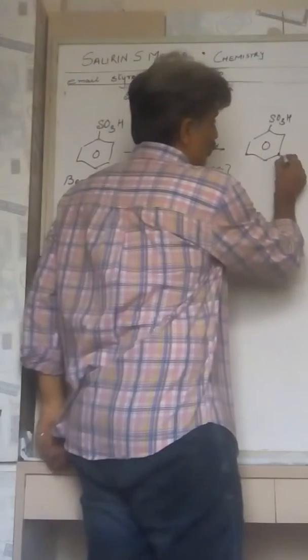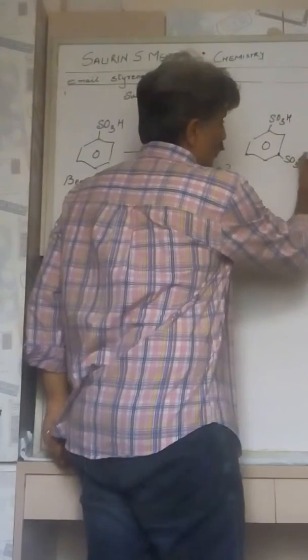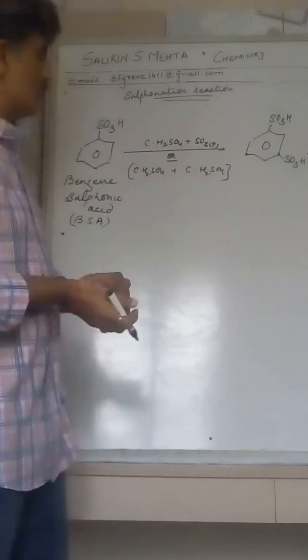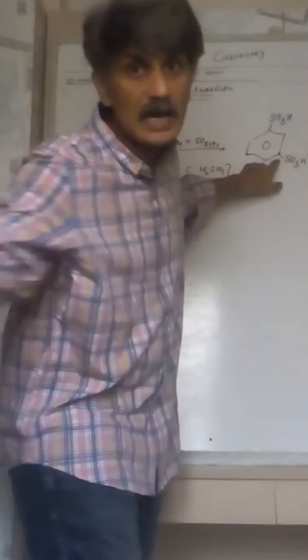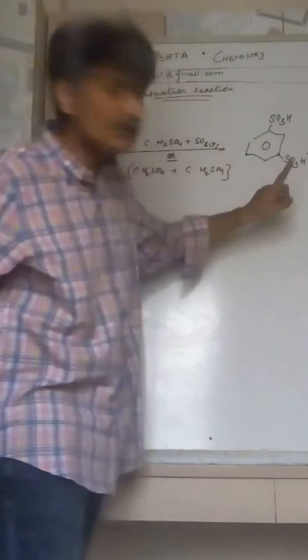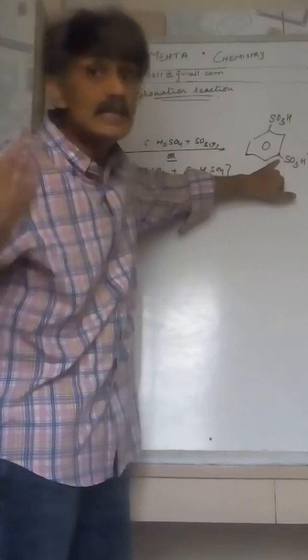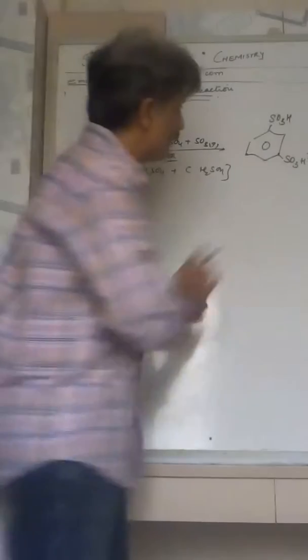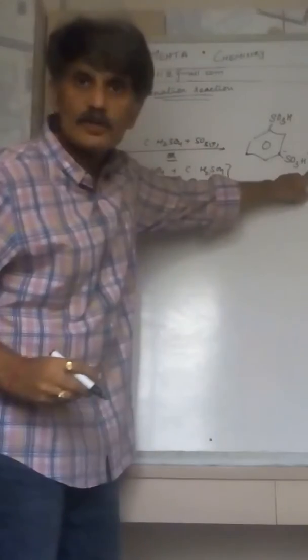So the incoming group is SO3H with plus sign, which attacks the carbon. But if you remember in the earlier discussion, the H atom present on carbon leaves the carbon, leaving its electron, and as a result this carbon is rich with minus charge. It is rich with electrons, so it is rich with minus charge. So the minus charge of this carbon and plus charge of SO3H gets nullified, and as a result now you can see the SO3H is placed at the meta position of BSA, giving you a new compound named as benzene